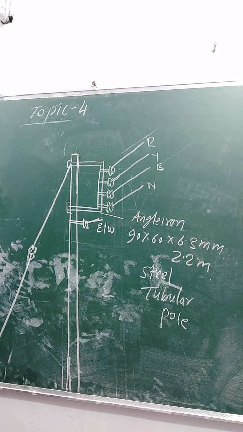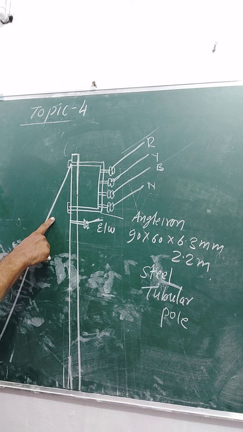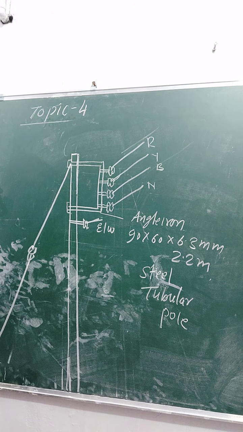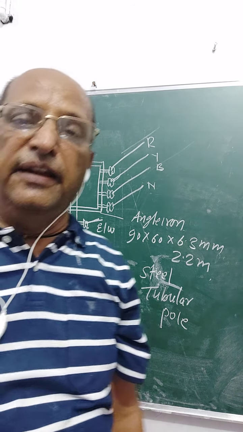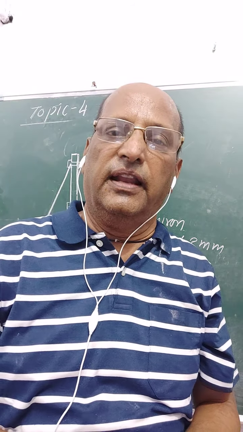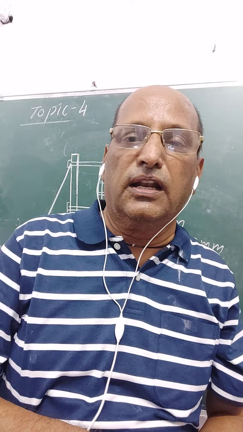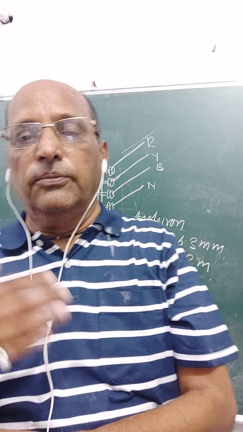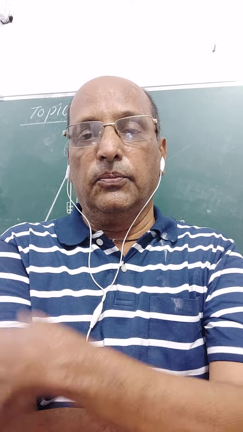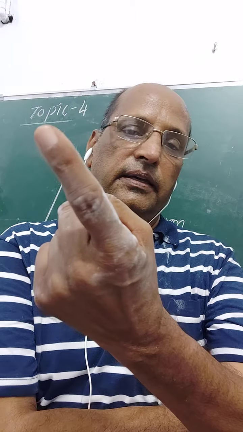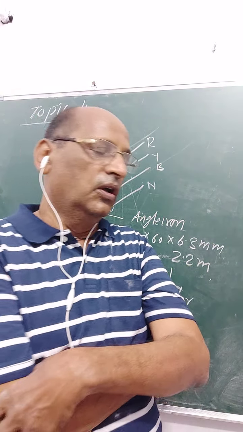After each 7 to 8 poles we use one stay wire, and whenever the line is turning and there is a dead end, the last end of the line, then you have to use a stay, and after 7 to 8 poles use one stay. So this is the standard. Earthing you have to use on alternate poles, on every other pole.